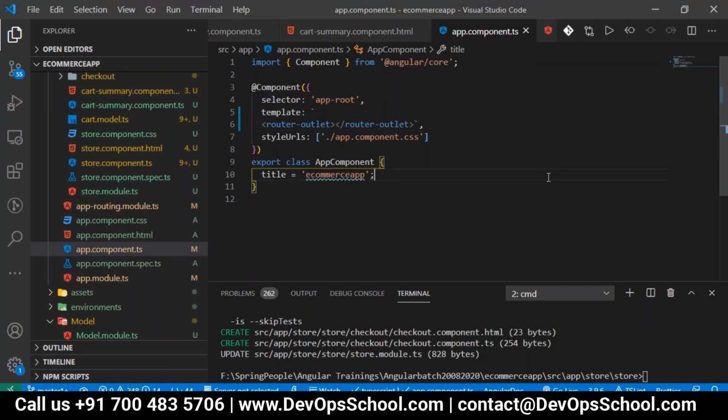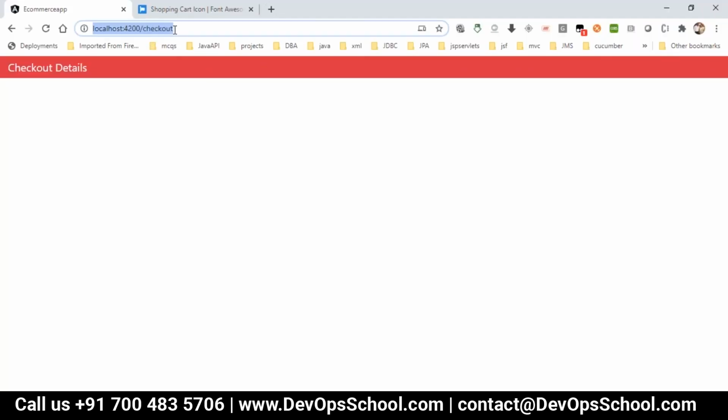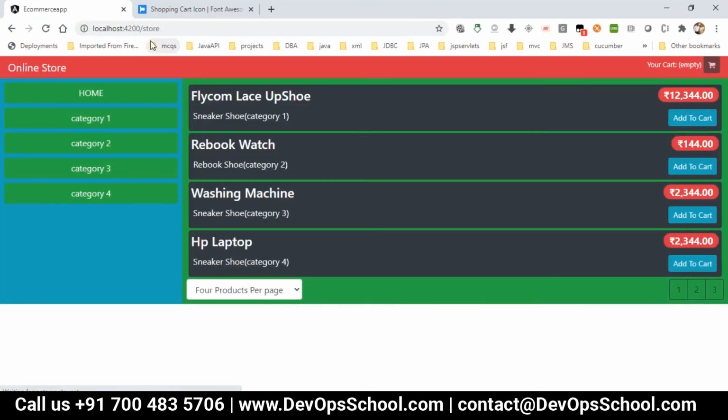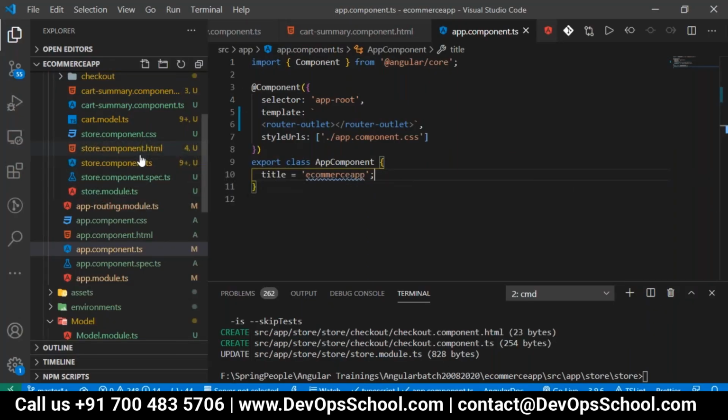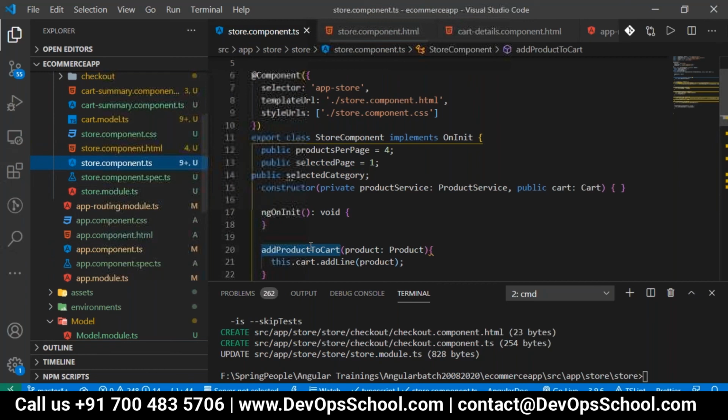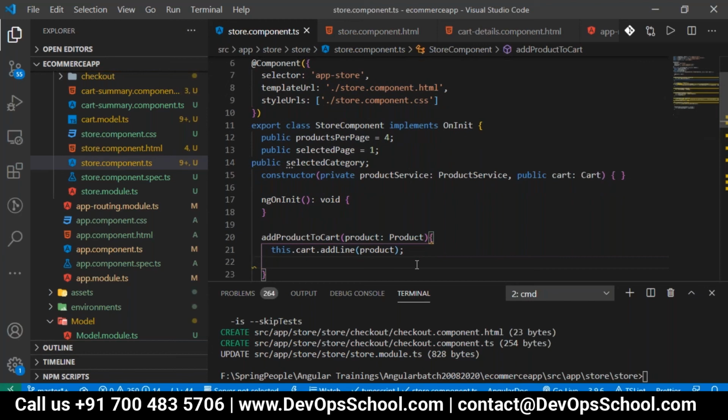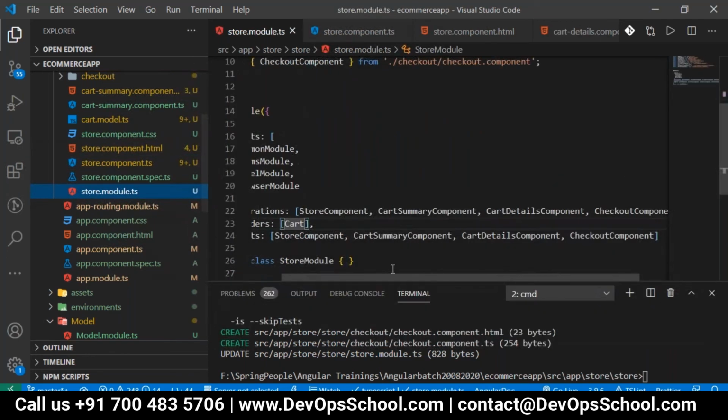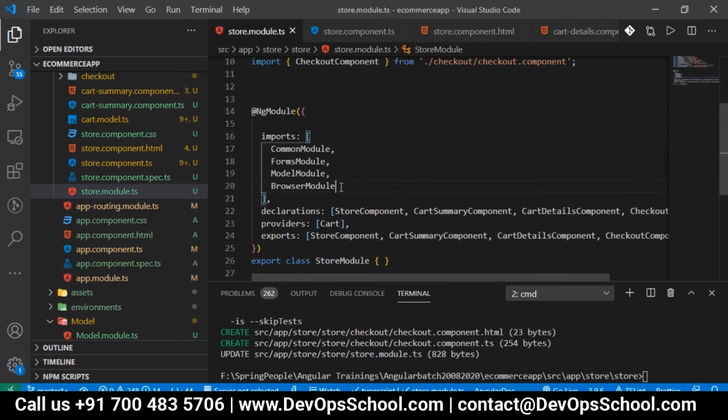Prashant? Yeah, yes. Okay. So whenever you go here, if I give anything, it will just redirect to store. Whenever I click on add to cart, it should go to the cart page and render the cart page here. How will you render the cart page? In the store component, when we are clicking on add product to cart, after this we have to redirect to the cart page. So we require routing. Whenever you want to use routing in the store, first in the store module TS, you have to add the router module.